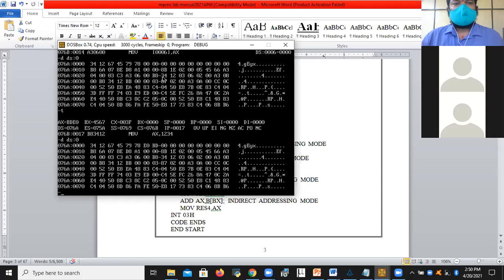Previously it was empty, now it is filled with BDE0 because I executed this instruction by giving T. So the BDE0 is copied into the empty memory location.